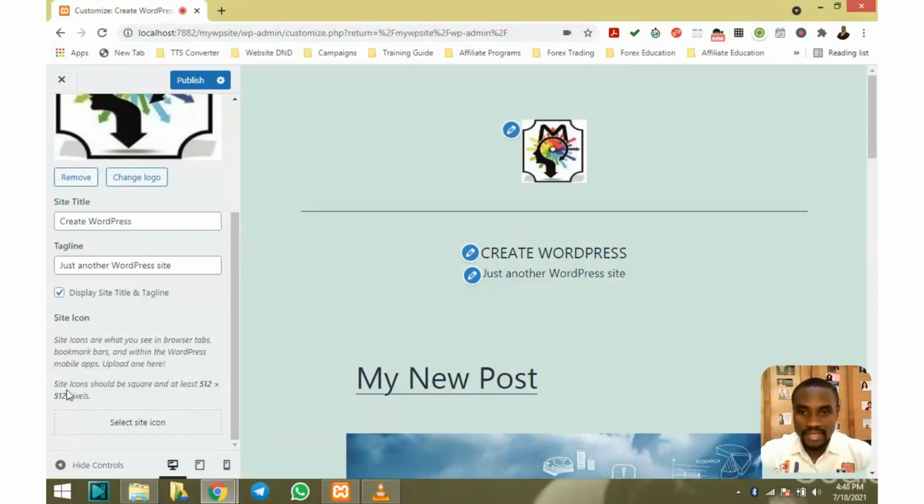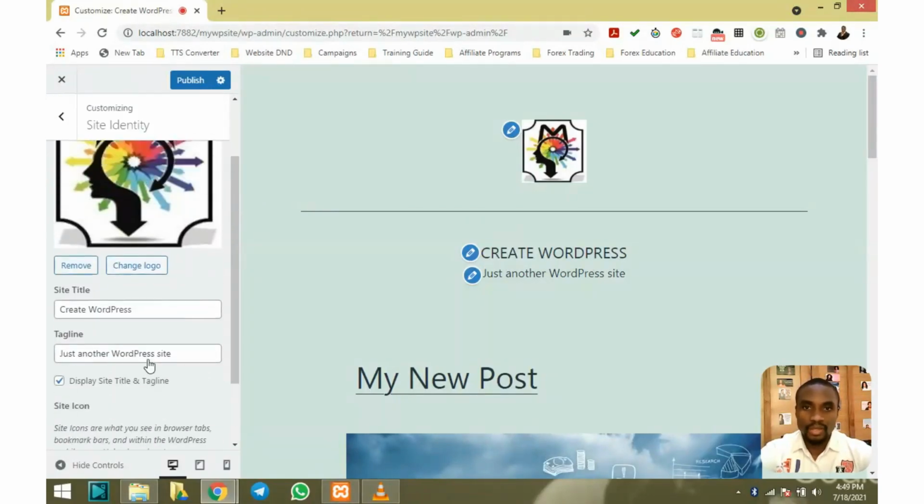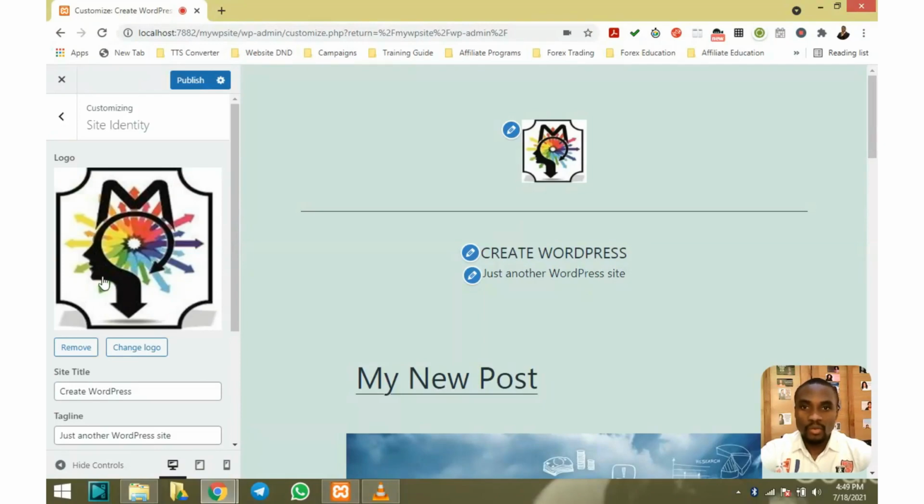You can see it says site icon should be square and at least 512 by 512 pixel. So the picture we're trying to select does not meet with the specification. All right, so if you want to put a site icon there, you must ensure that it meets with that specification. Okay, so when we're done with this site identity, you can publish,